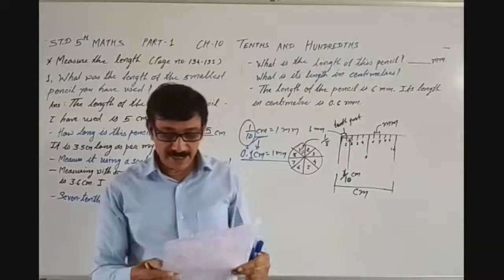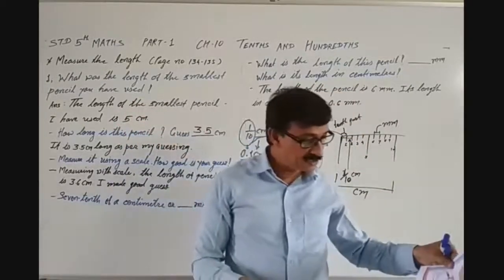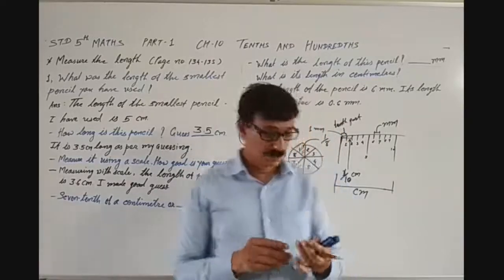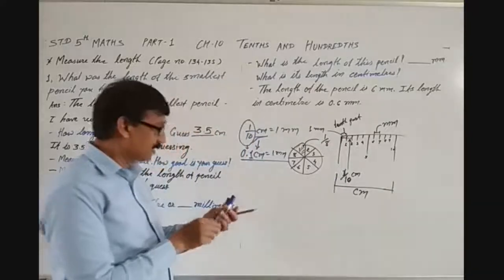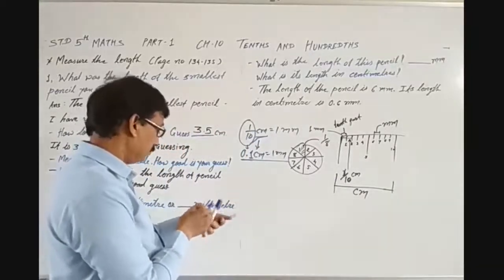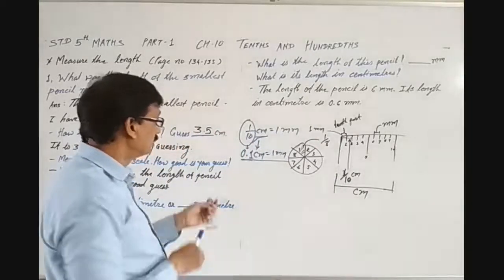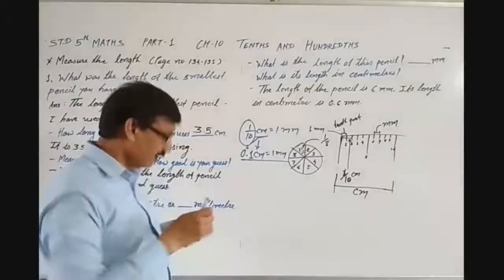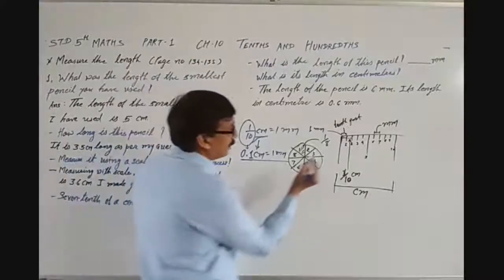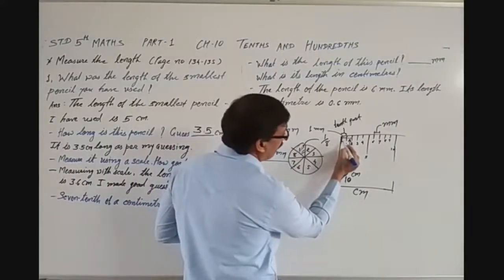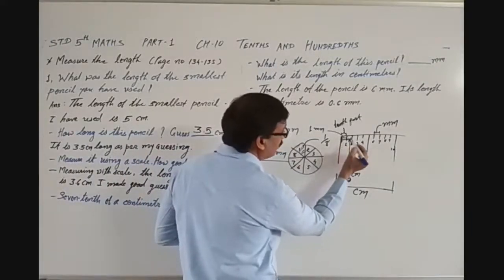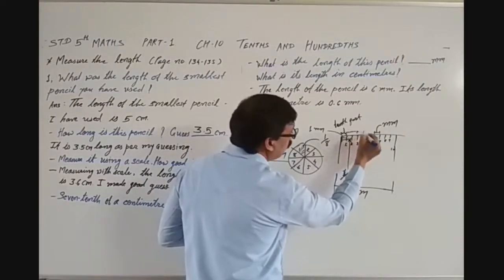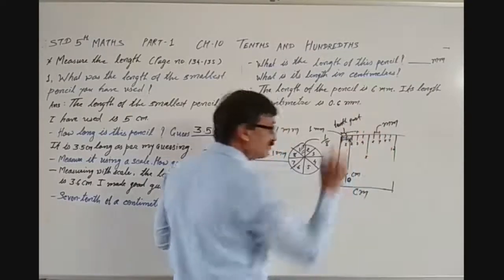So this pencil is 3 centimeters and 6 millimeters long. Now let me make you understand. Suppose 0.1 centimeter is equal to 1 millimeter. Now 1 millimeter is what? This is 1 millimeter. Now if I go this much, then it is 2 millimeters. If I go this much, then it is 3 millimeters, 4 millimeters, 5 and 6 millimeters.